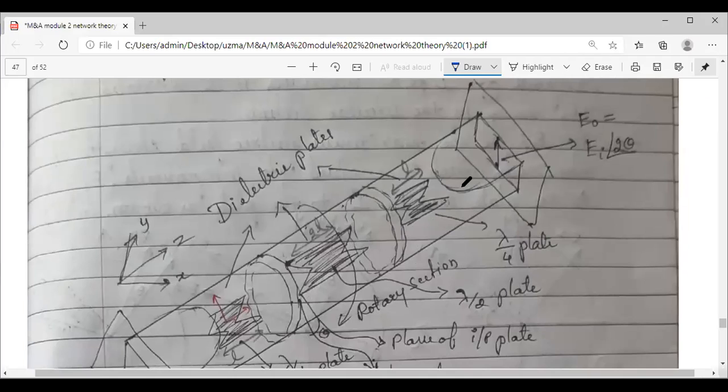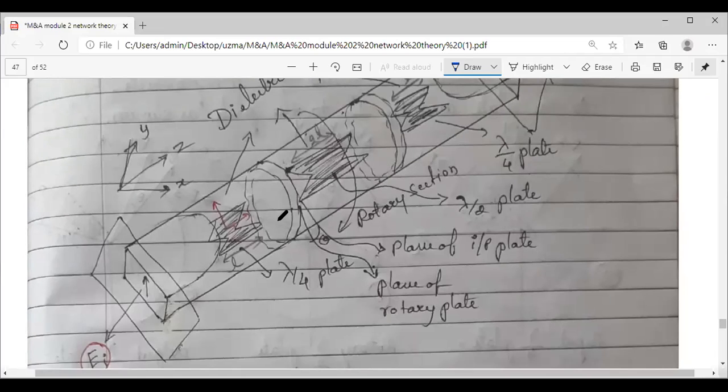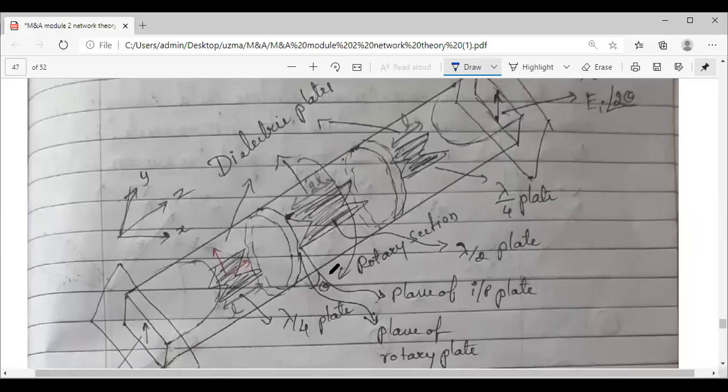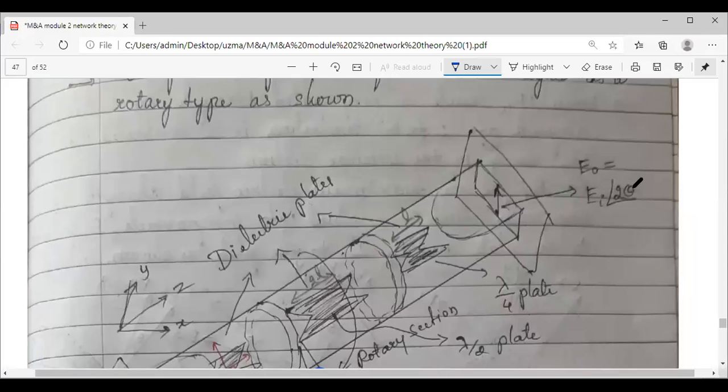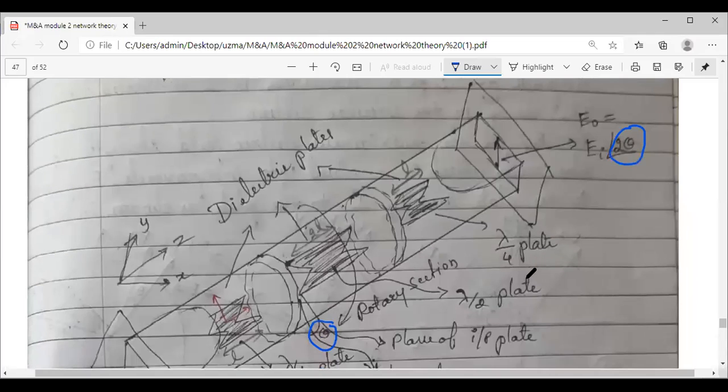Again, whatever arrangement you are looking at is similar to that of your attenuator, wherein you're using this kind of structure. It is a waveguide combination. I'll be explaining that. Whatever angle theta you have here, its double will be the phase shift. So if I want 60 degrees of phase shift, this angle should be 30 degrees. And if this angle is say 45 degrees, the phase shift will be 90 degrees.